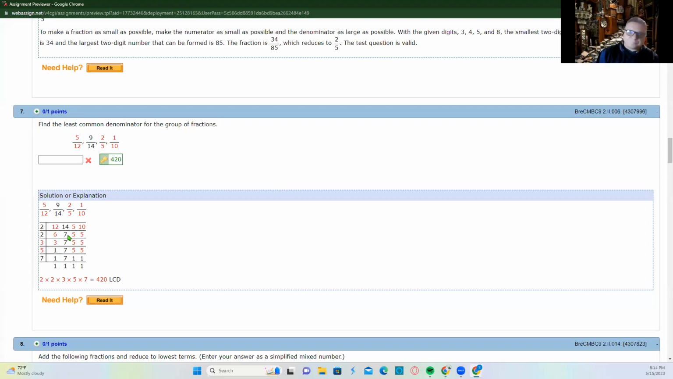Otherwise, you can find any common denominator on any set of fractions here. You can find a common denominator, not the least one, by multiplying all of them together: 12 times 14 times 5 times 10. And that'll give you a common denominator. It'll give you a number that goes into all of them. But